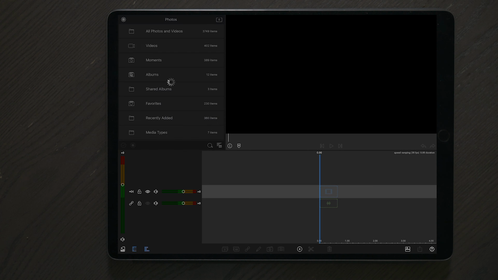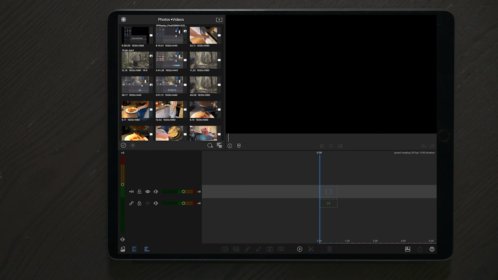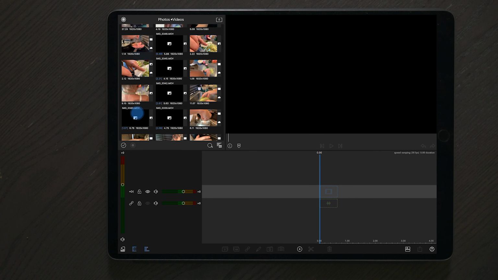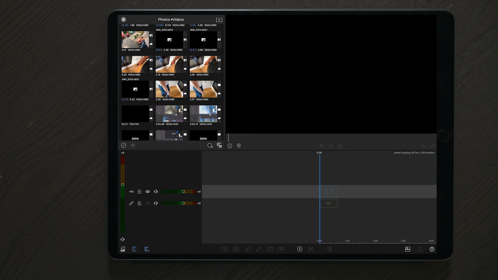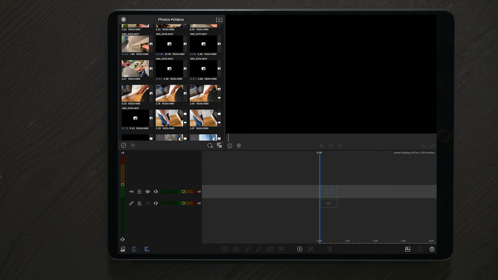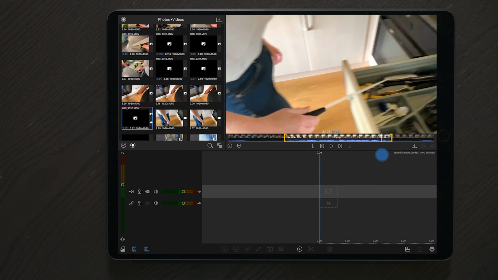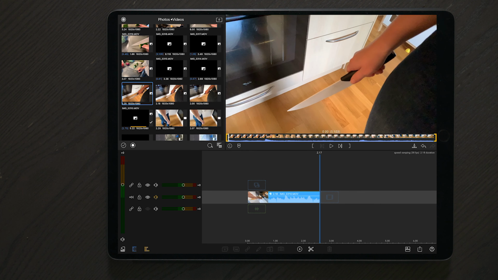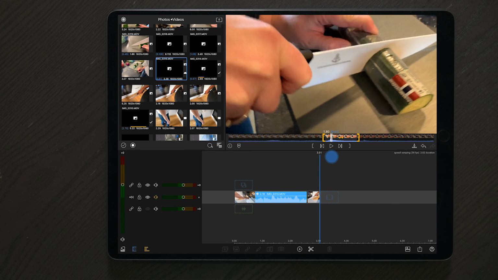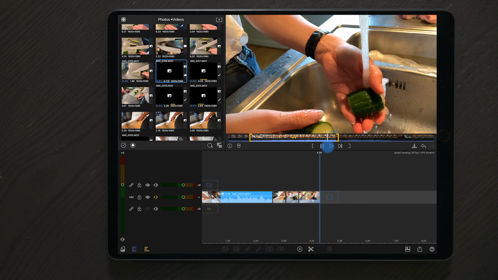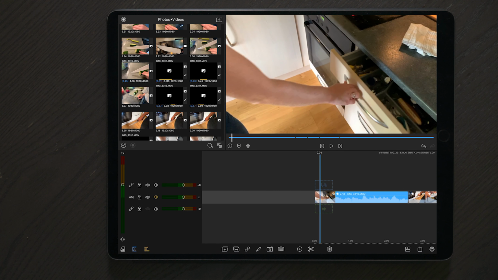So when we get into LumaFusion and we have the project open, we're just going to import the same video files as you saw in the previous video I used for the cinematic B-roll with a smartphone only. So let's just speed this up and import the clips that we want to use for this speed ramping. So once we got all the clips over to our timeline, what I'm trying to do now is to find